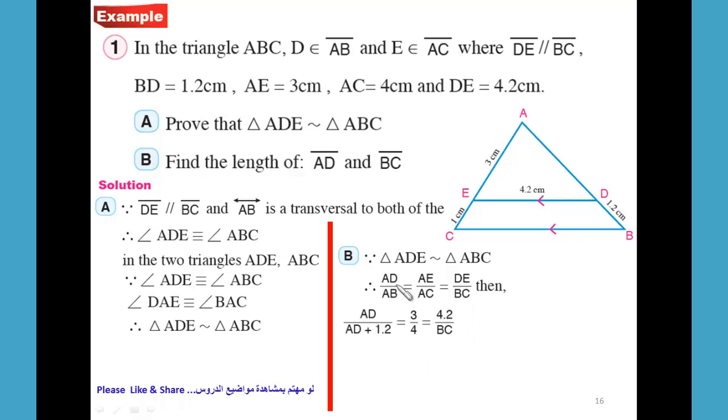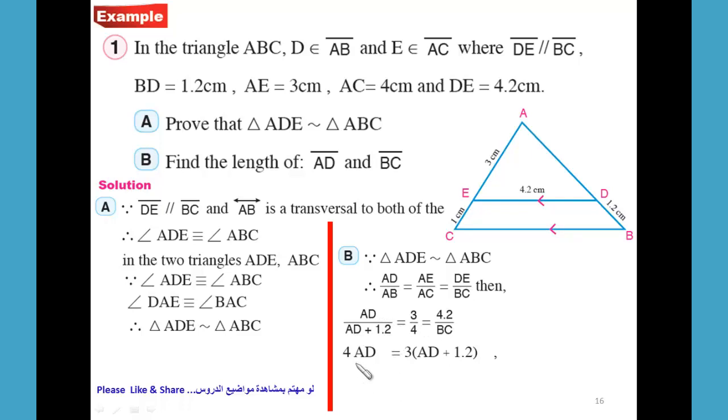We don't know the length of AD, we write it, and the length of AB equals AD plus 1.2. Where is AB? Here is AB. The length of AB equals the length of AD plus the length of DB, and the length of DB equals 1.2 centimeters. AE over AC: what's the length of AE? It's 3, and the length of AC equals 4. DE equals 4.2 centimeters over BC, and cross multiplication here we have 4 multiply AD equals 3 multiply AD plus